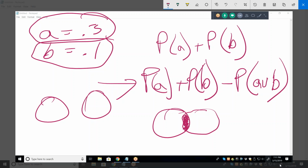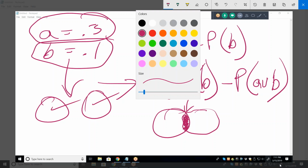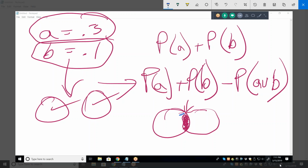That's what jointed means. It means dependent or independent, basically. When you said they weren't jointed, we're looking at this model. So the probability of A or B is adding them together. But if you look over here, you've got to subtract out that part right there, because what we really want is